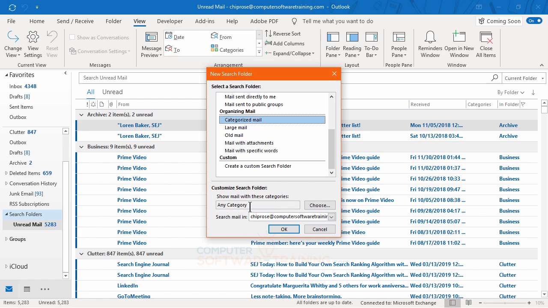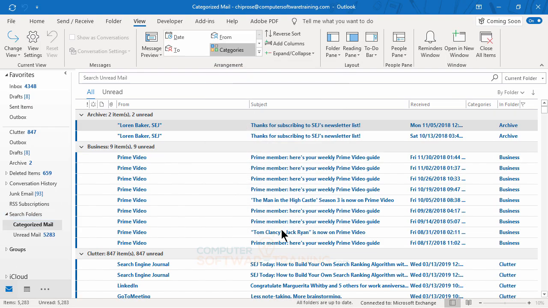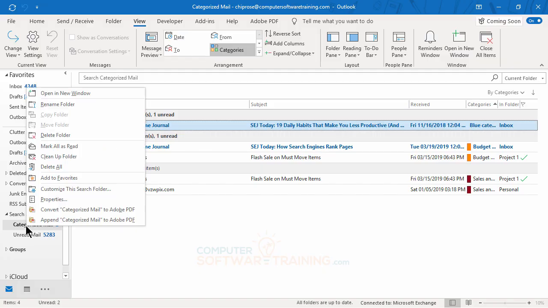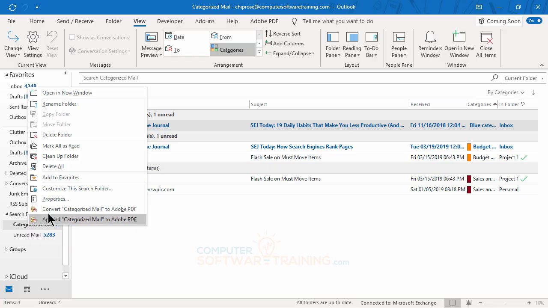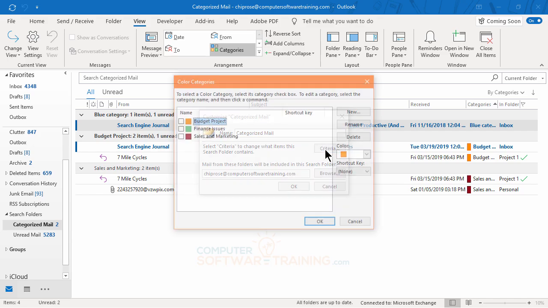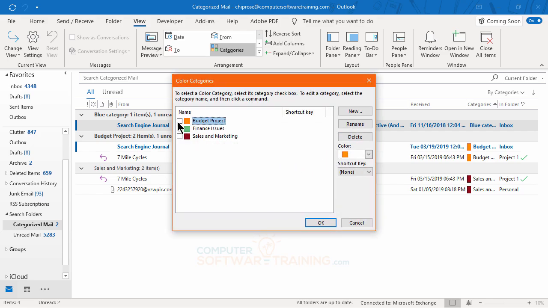And we can either just say any category and leave it like that, so I'll just do that for now. Hit OK, there it is, and there will be all of our categorized mail that we have. Pretty neat. Now I can go back in there, right click it and go to customize this folder, and I can go back in and redo the setting on it, so where instead of just being categorized mail, all of it, I can hit criteria here and just say I want just the budget ones